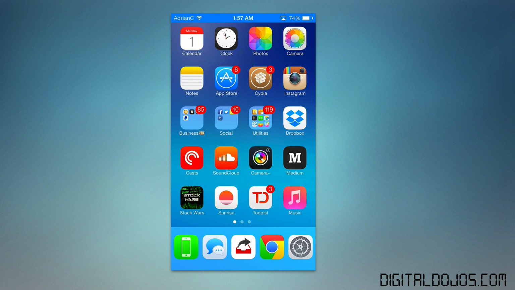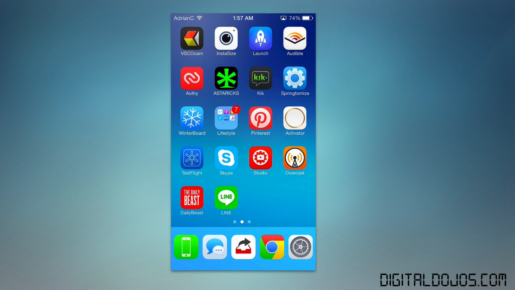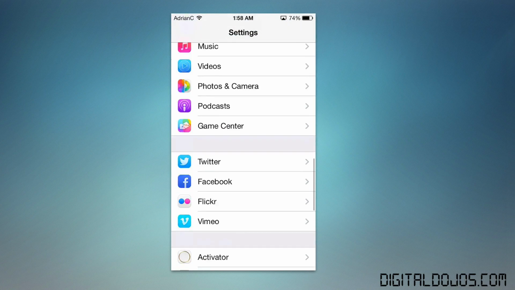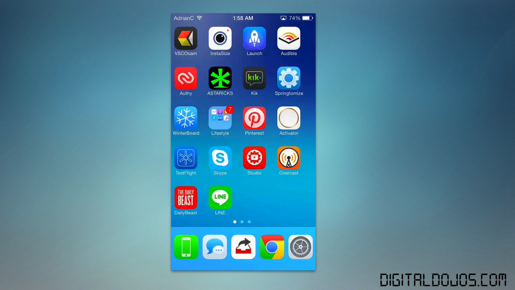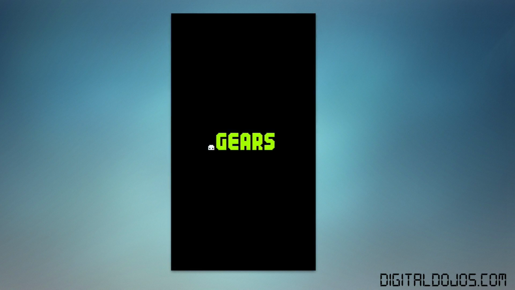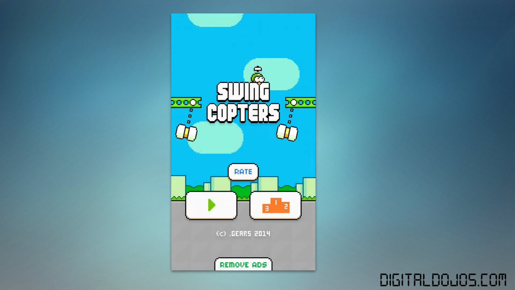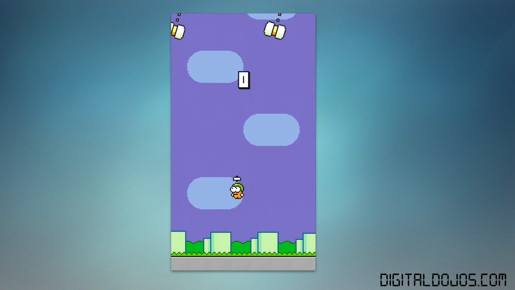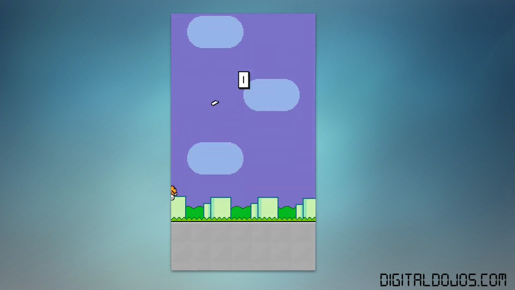way to do it. You don't have to worry about screen brightness. You don't have to worry about focusing on a screen or fingerprints or anything of that nature, or your hand being in the way or all those other elements. You can just simply record, and it does it in real time and very, very fast. You can see I can open up apps and play games or whatever I want to do here, and it runs all efficiently and really has no issues. So I can hit Swing Copter here, for example, and you can see I can record a review just like this. So it's a really, really unique way, and